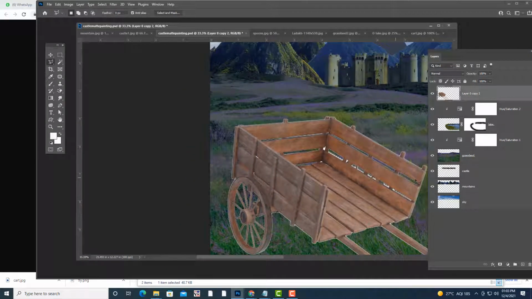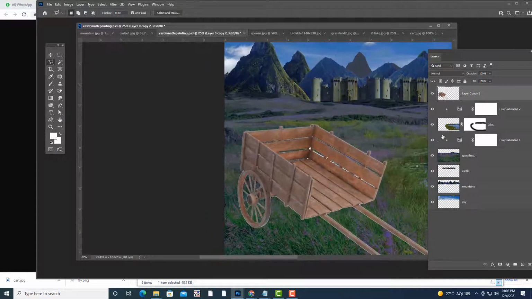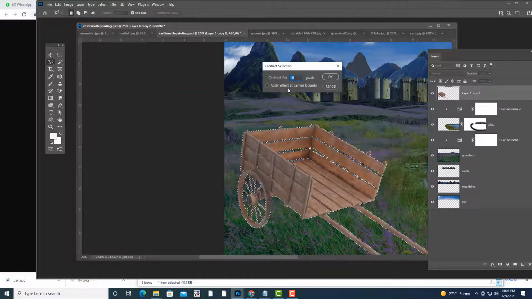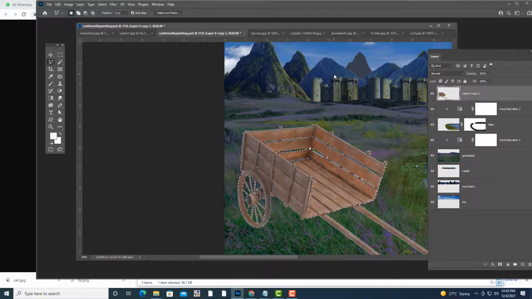First we'll do the edge selection for this card. How can we do that? Control and click on this, and then contract the selection. Modify, contract, and we'll say 3.